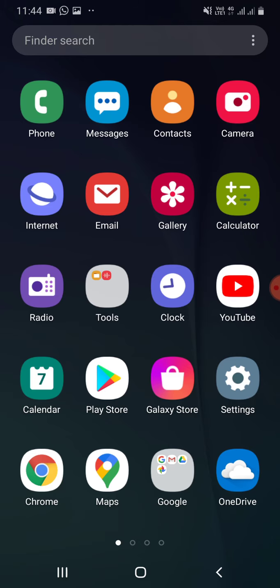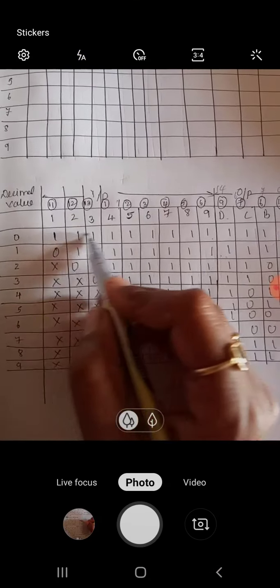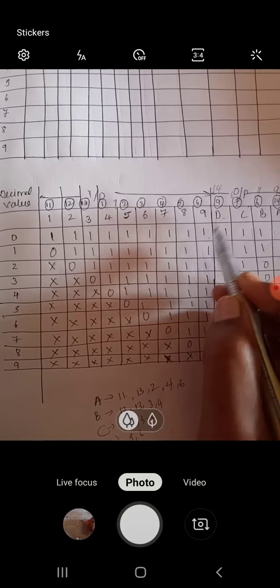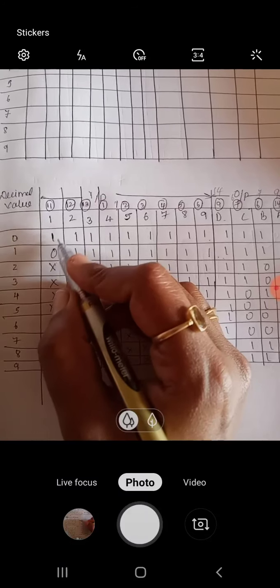Let us see how to draw the truth table for this. As we know, it is active low. So instead of writing 0, you have to write a 1 over here. What I have done is, for 0, all remain 0, 1. Why? Because these are active low inputs, so instead of writing 0, I am going to write it as 1. So all are zeros.